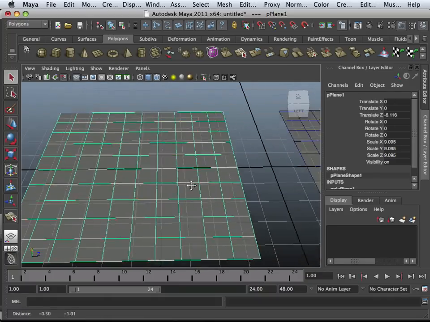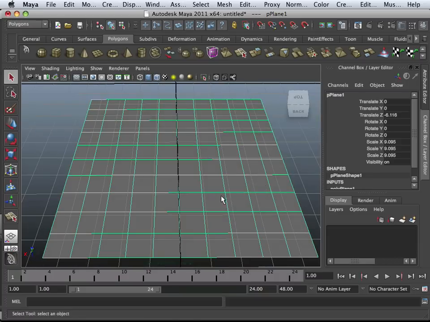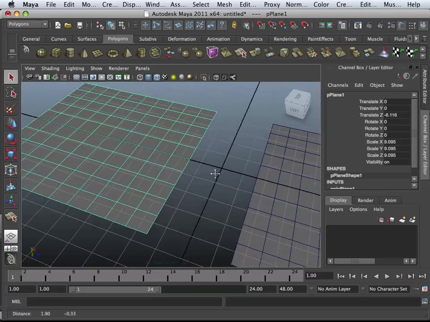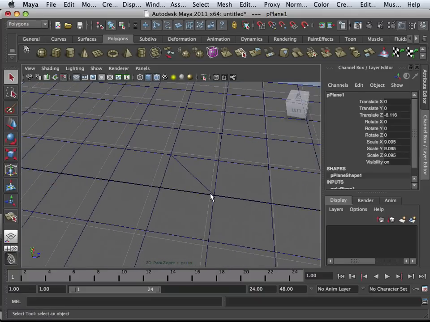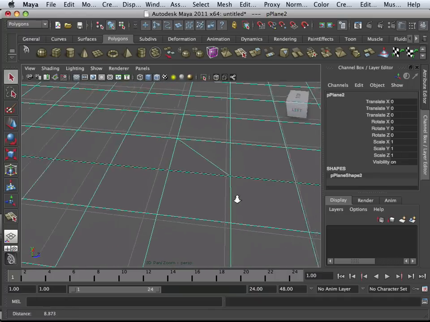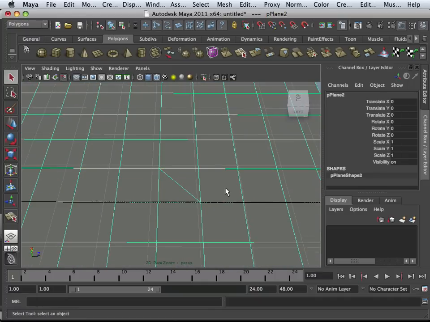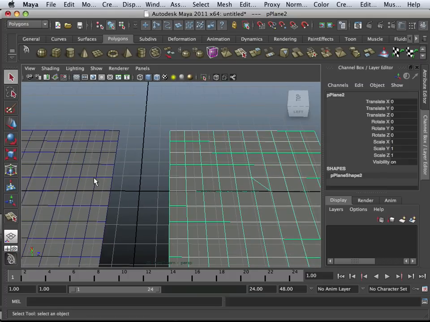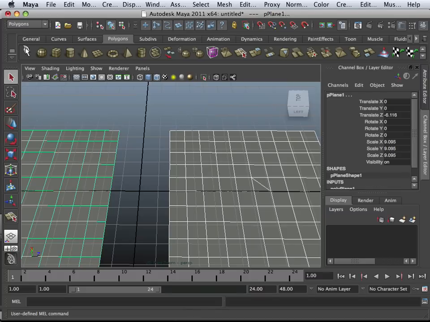So this is uniformly spaced geometry in both X and Z. It has uniform spaces between polygons. Now over here what I did is I inserted a triangle, okay, which in all aspects is still legit geometry. But if I was going over to ZBrush, what'll happen is, let's select both of these,